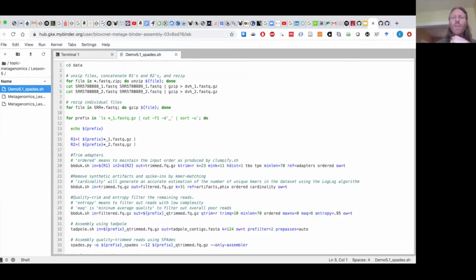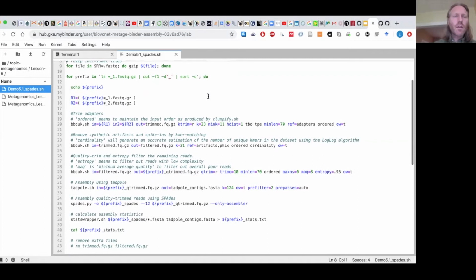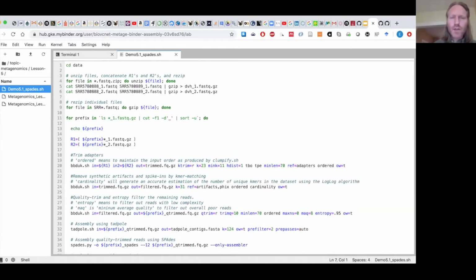So the first thing we're going to do in this case is get our files prepared for the assembly. In this case, the files are in a zip format, fastq.zip. And what we're going to do is unzip those, re-zip them as fastq.gz files, and save them under a different name here so that we can use them in the downstream process. So you can just copy and paste that to do that. I've already done it, so I can't do it again to show you, but